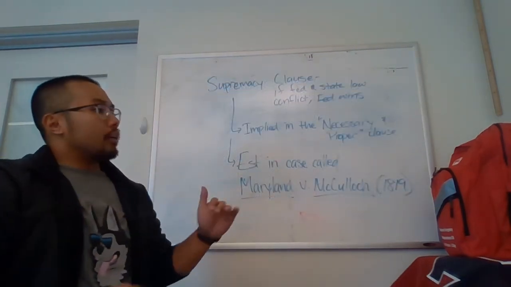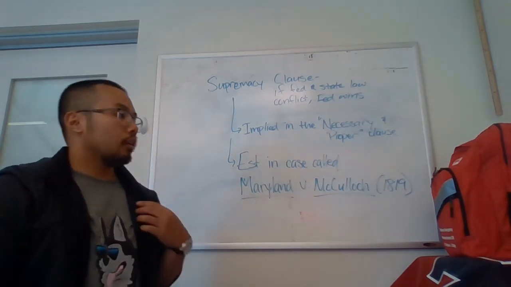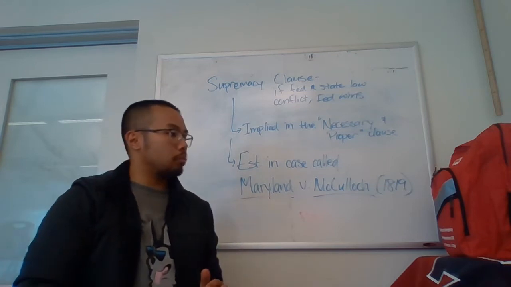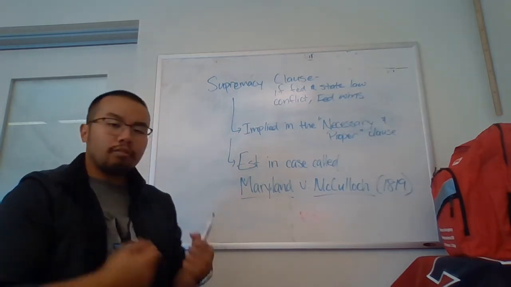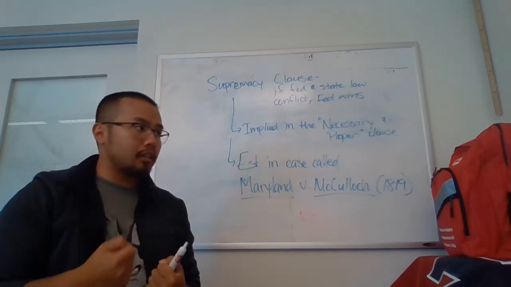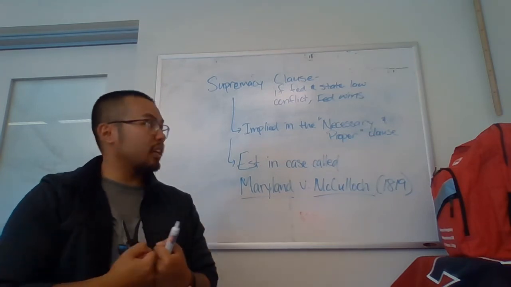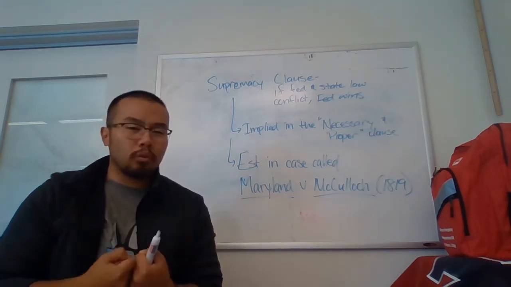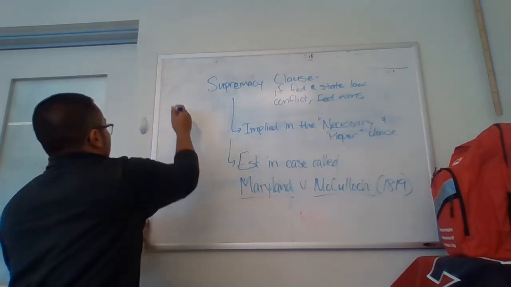The next thing we need to go over is something called the Supremacy Clause. The definition of the Supremacy Clause upfront is that if federal and state law ever conflict, if one says one thing and the other contradicts it, the federal law will always win. Just to give you an example,